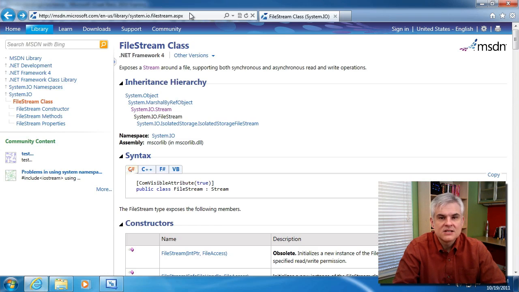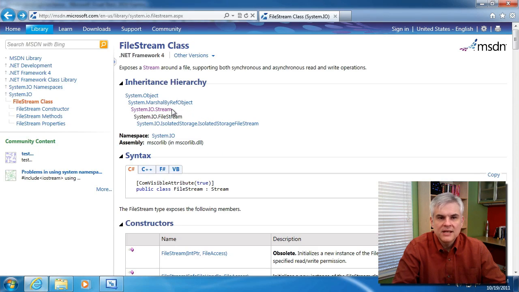So I'm looking at the FileStream class. It's a cousin to the StreamReader that we saw previously in lesson 11 when we created the read text file while project. Okay, so the MSDN help will tell us basically the purpose for this class, which is to allow read and write operations on a stream of bytes that are essentially saved in a file. Now the MSDN help shows us that FileStream right here,